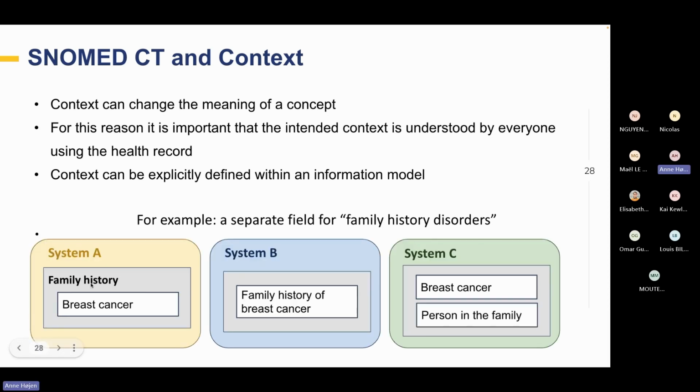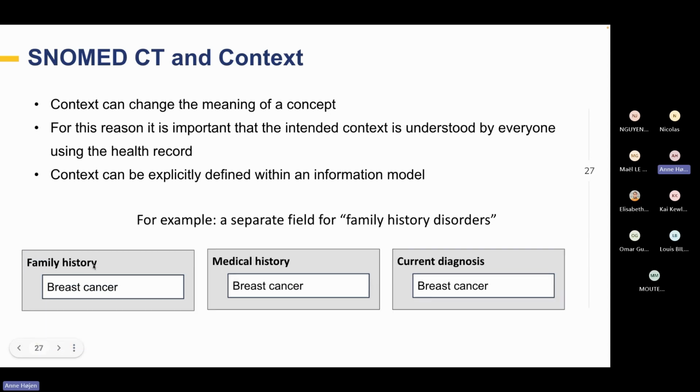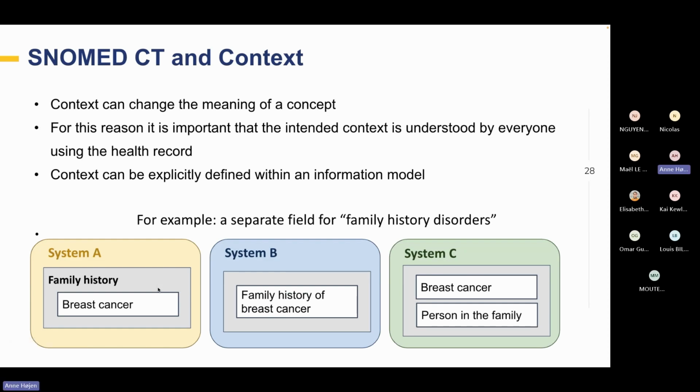So that is one example where we apply breast cancer to different contexts, and in that way, the concept breast cancer gets an altered meaning. Here's another example where 3 hospitals have different ways of recording the same information. In one system, we have a family history section, as we saw before, where we enter breast cancer. In another system, there's just a field maybe where we record family history of breast cancer. That is a concept in SNOMED,